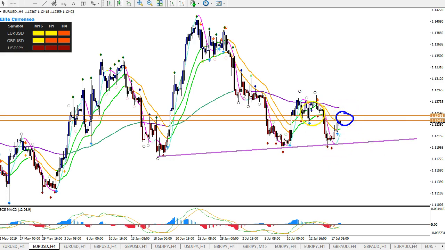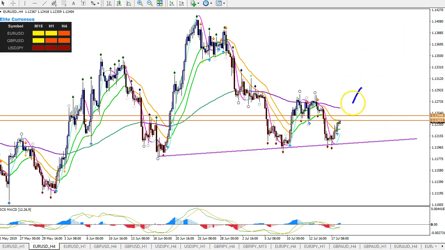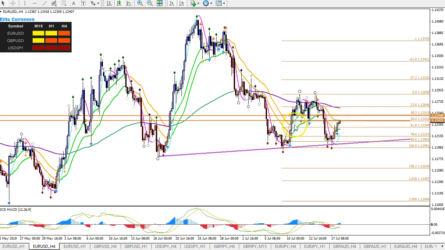And if it does break above that, that could indicate maybe wave A here, this B, and up for C. Or, as I was thinking, 1, 2, 3. So whether it's a C or 3 doesn't matter. In both cases, price, if it does break above the 20 EMA, should move up and move higher. So that doesn't matter. What does matter, though, is that if it is a wave C, then price will go,